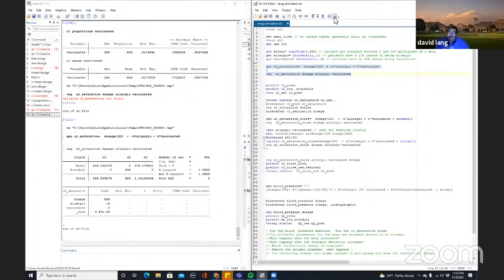We estimate a dosage such that for every milligram, you see a 1/200 increase in O2 saturation. If you're allergic, you're going to get a slightly worse outcome, and if you're vaccinated, you're going to have a slightly better outcome. And the other thing that I want to highlight, when you exactly predict these types of relationships,